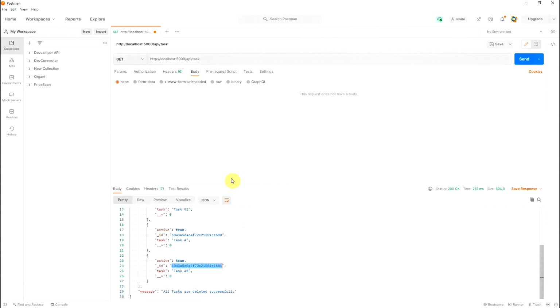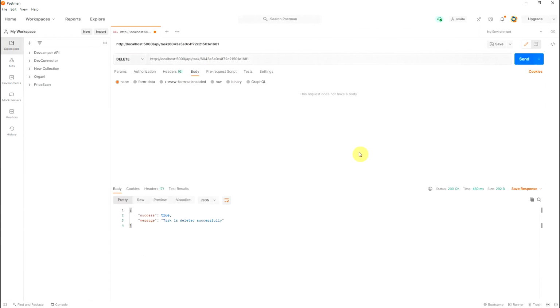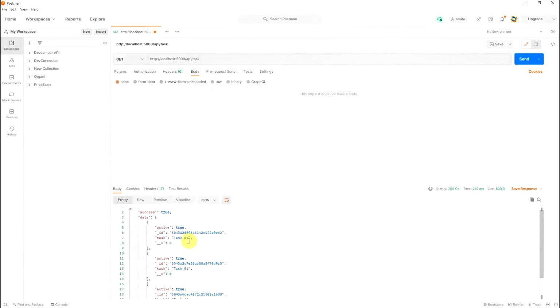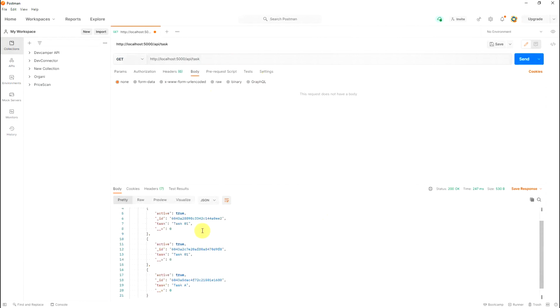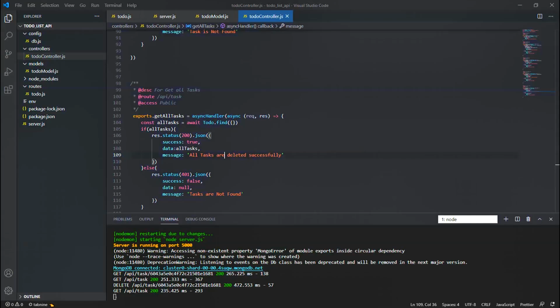So copy it, paste it, and delete, I am calling delete, deleted successfully. Now remove this, get, now we can see this AB task is not there. Previously those 4 tasks were there, now 3. So all the APIs are working fine, right?